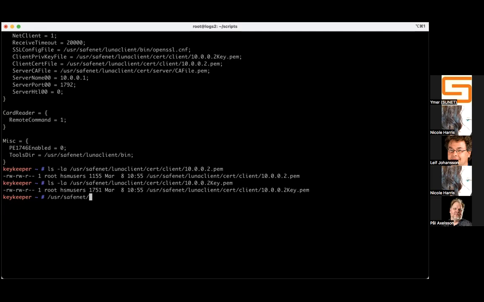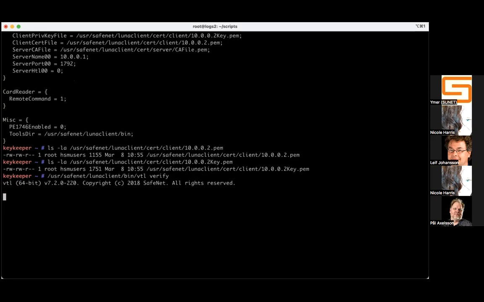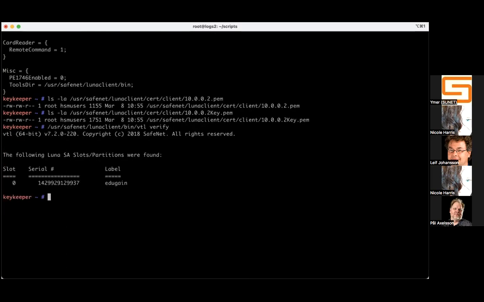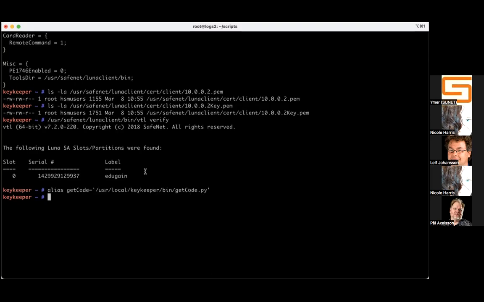And what's happening right now is that the guys are configuring access to the HSM from the key machine. And the command you saw there was VTL verify, which is the HSM platform's way of saying, all right, we can talk to the eduGAIN token, and that's a virtual partition on the HSM cluster. We're actually just talking to one of the HSMs right now, physically, as you saw. And the idea is that we're going to import the key to that particular HSM, and then we're going to use the replication mechanisms of